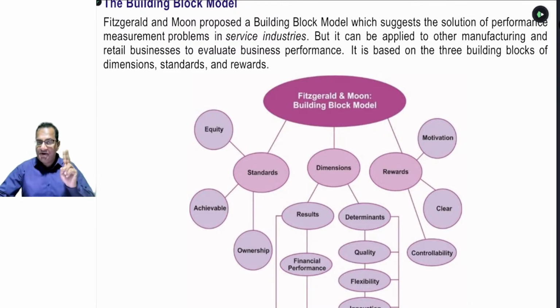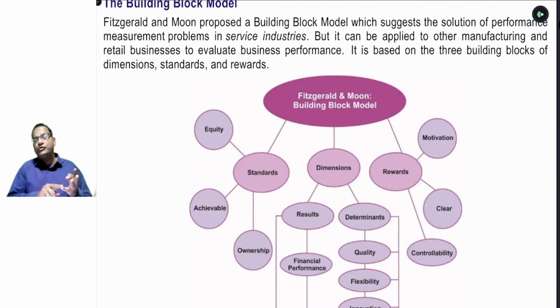In result, we are having 2 points. The first point is financial performance of our own, which we will measure and then evaluate. And the second one, most important one, comparative performance. While there are a total of 4 determinants suggested by this model, which are non-financial in nature. The first one is quality, flexibility,